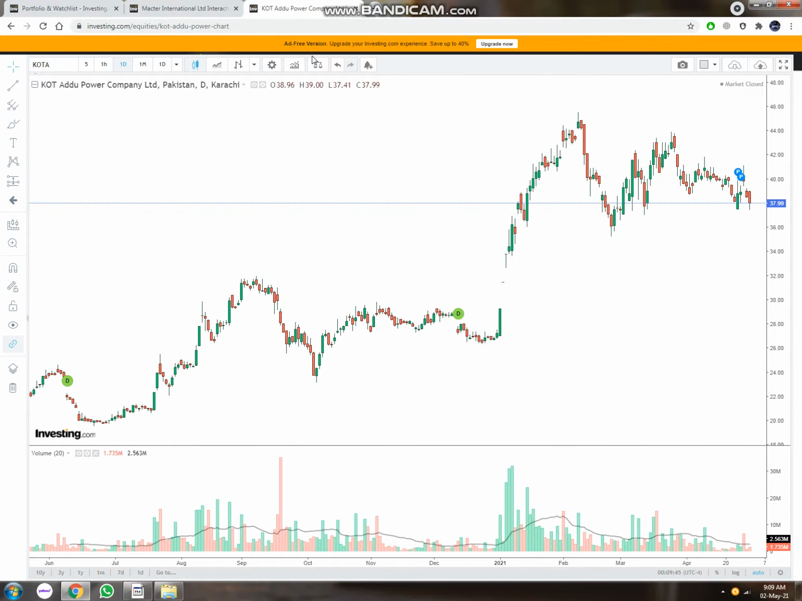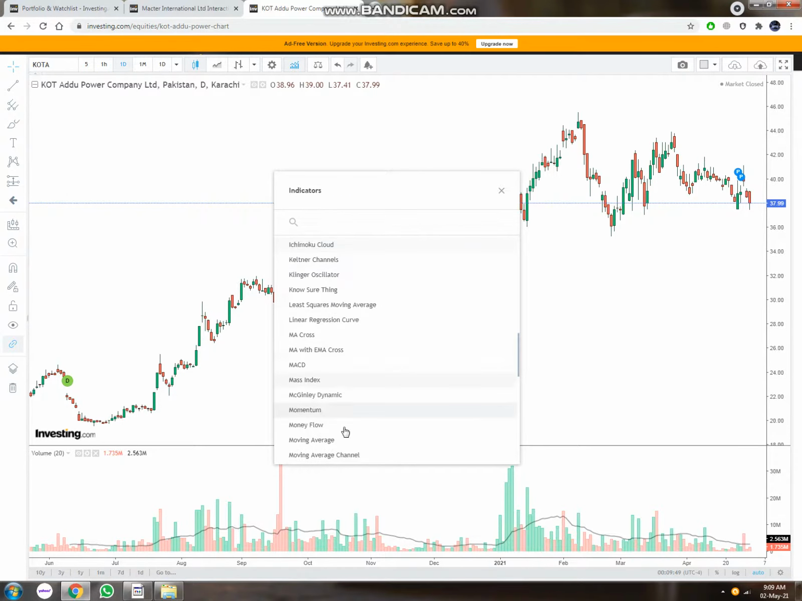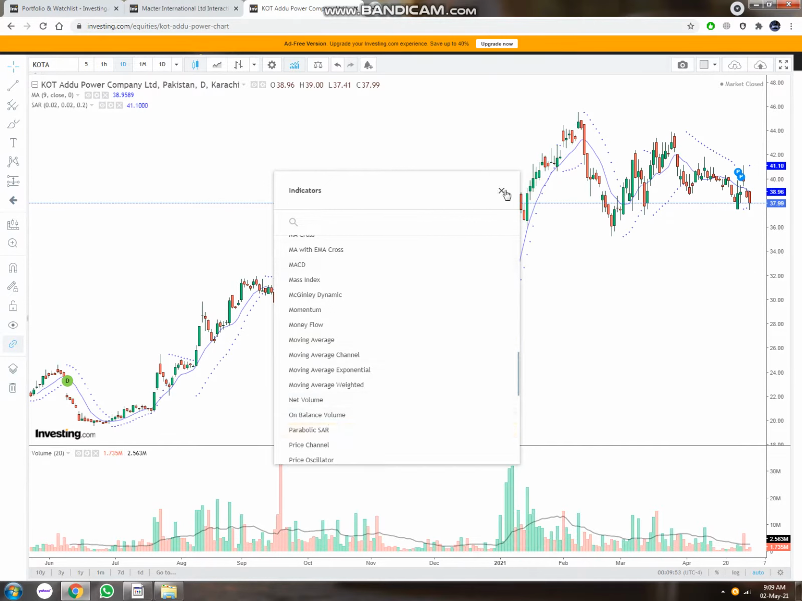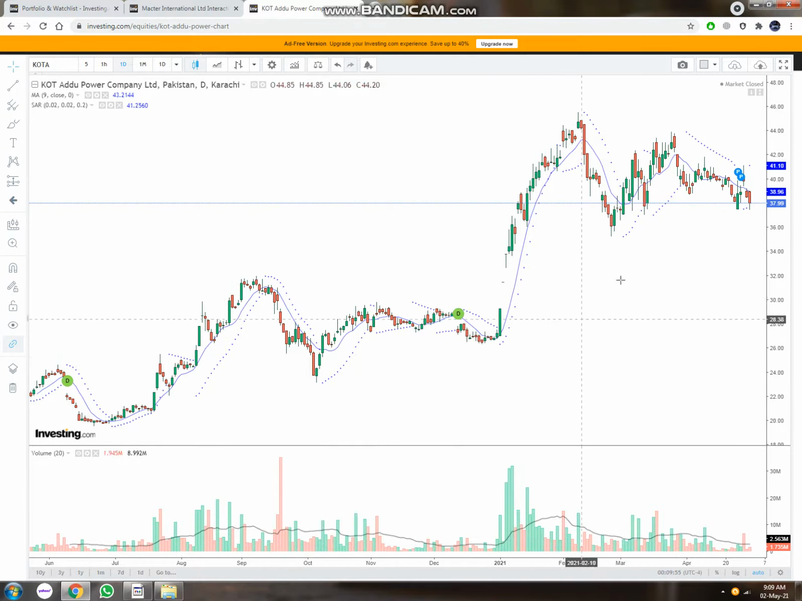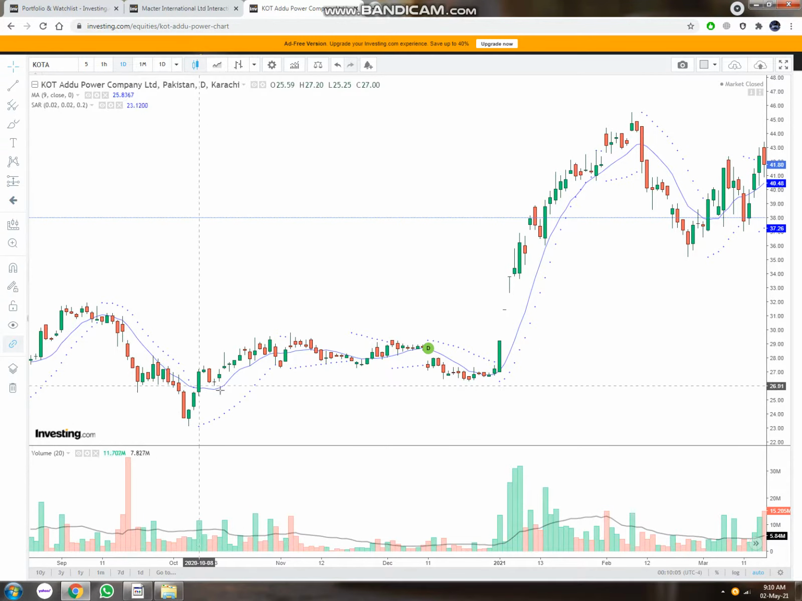Now as you can see, I've picked up a random stock. In this case, let's pull out the moving average and parabolic SAR. You can see the moving average and the parabolic SAR both show the direction. The parabolic SAR might not show the direction of the trend, but the moving average does show the direction of the trend to some extent. Now in this case, as you can see, it is moving like this. So you can see that in this position